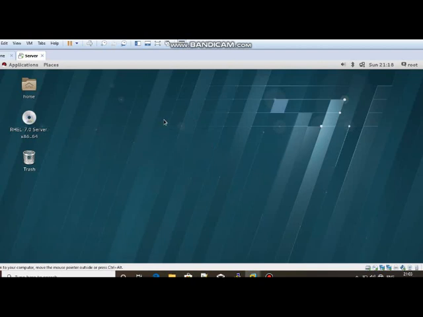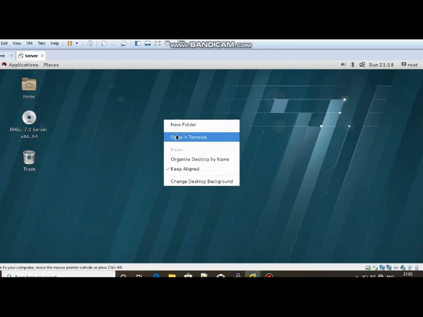We can open a terminal by right clicking on the desktop.